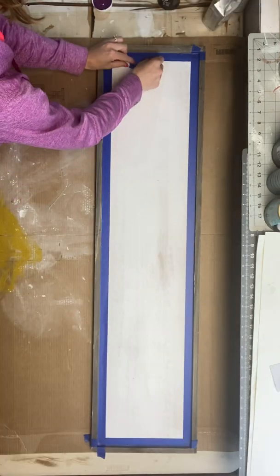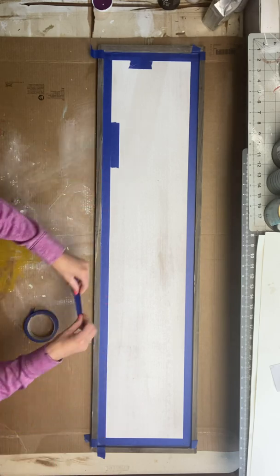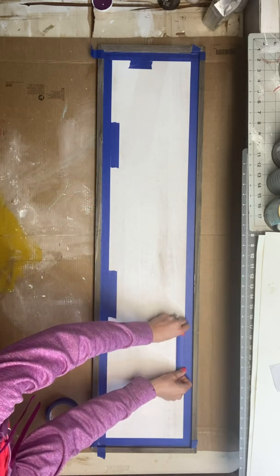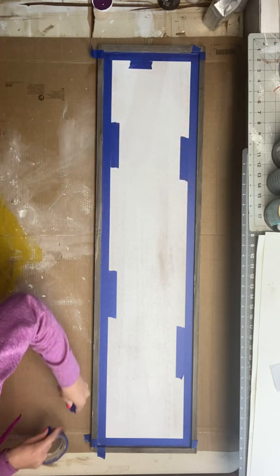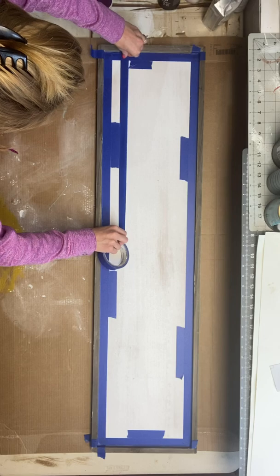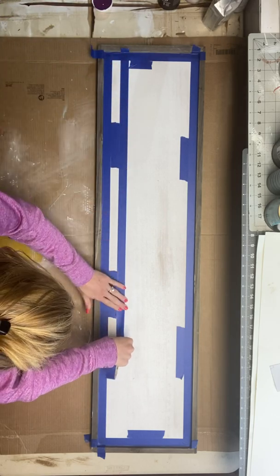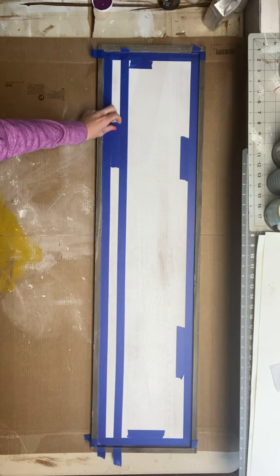I'm going to take more painter's tape, and I just need a small piece, and I'm going to lay them next to the tape we had just laid down. Now this is going to act as a spacer, so on the sides I'm going to put 2 pieces, and on the top and bottom I just need 1 piece. And then I'm going to lay a long piece of the 1-inch painter's tape